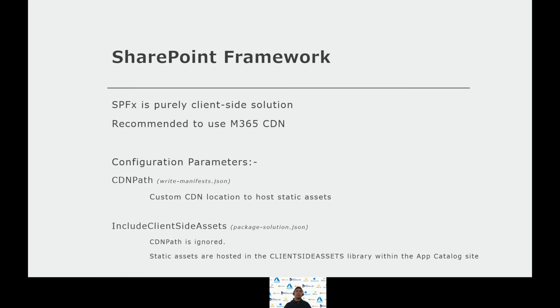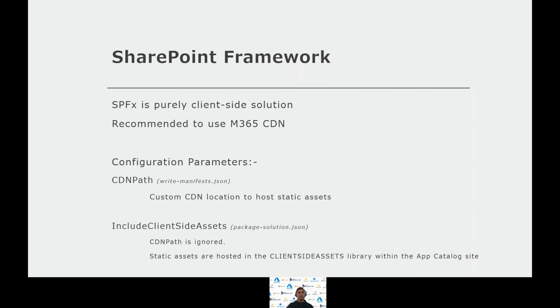Starting from SharePoint Framework version 1.4, a new parameter called includeClientSideAssets got added. This flag you can find in the package-solution.json file. This is by default true. So when this is enabled, all the static assets are by default packaged inside of the SPFx file.